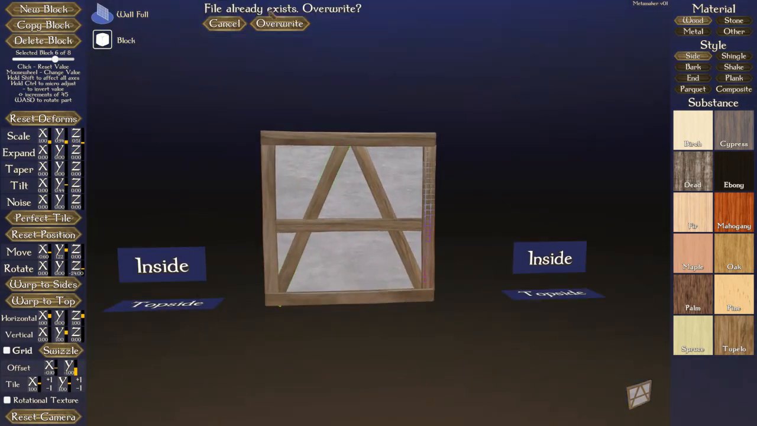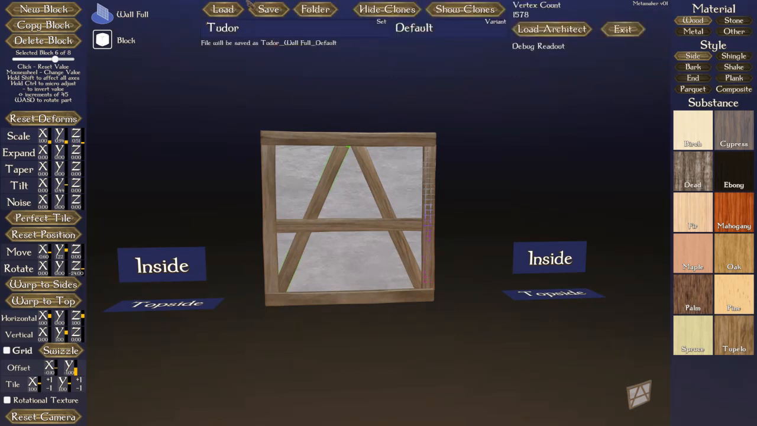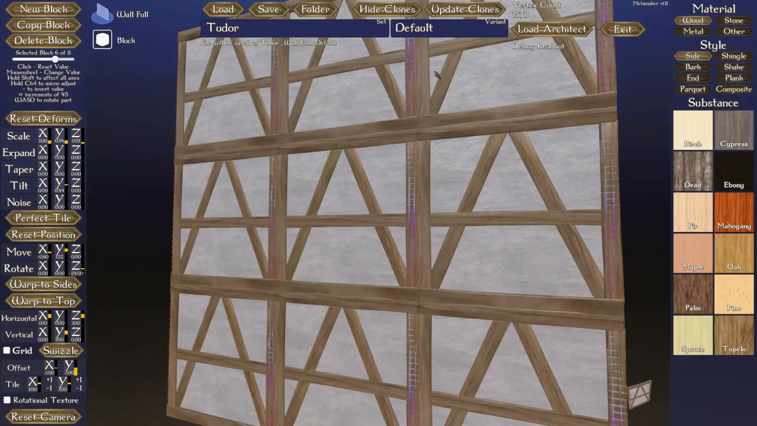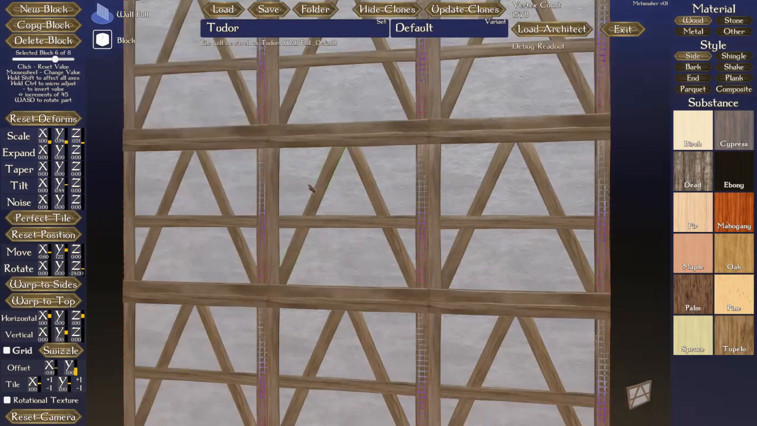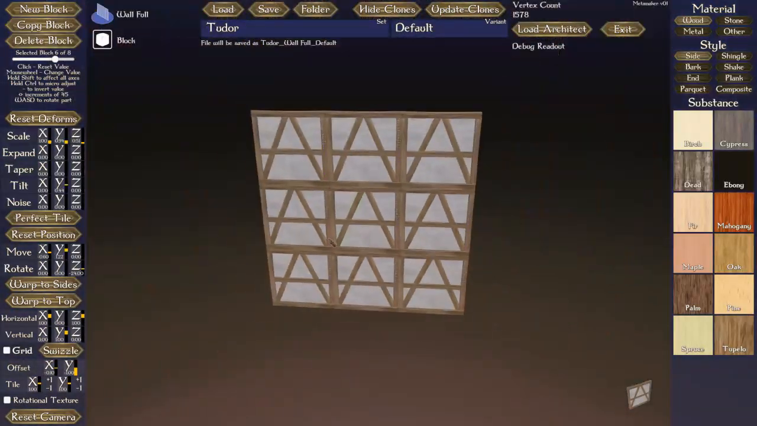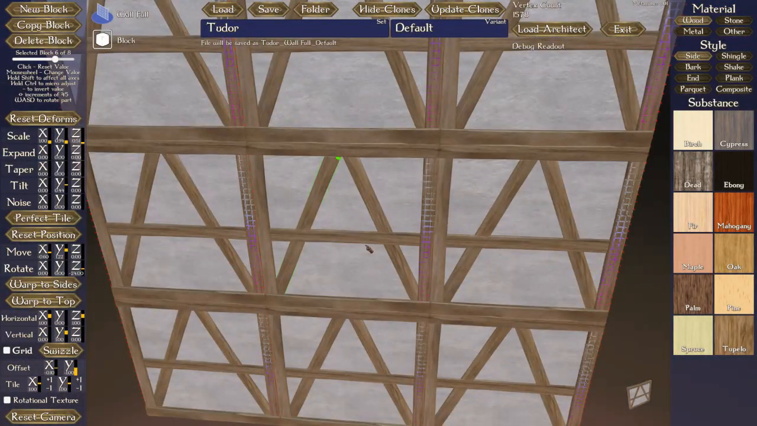Now I'm going to save that. You can use Control S as well. You don't have to click on that every time. And now if we show the clones, we can see there's a bit of doubling up at the seams. So we have our beam kind of butting up against other beams. I don't necessarily think that's a problem. And when we get to making corners and such, I think that would be